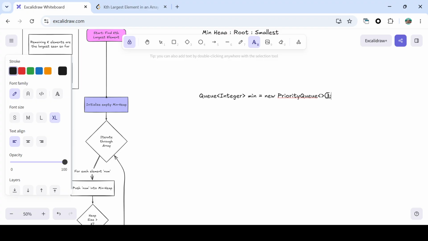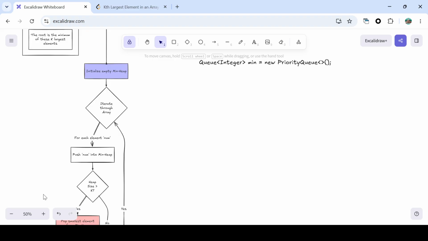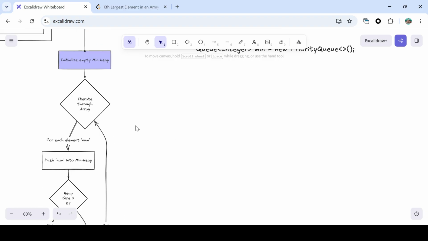Either we can use a comparator also, but now we are just using the min heap, and we'll iterate through the array. We have to put each array value num into the min heap, and